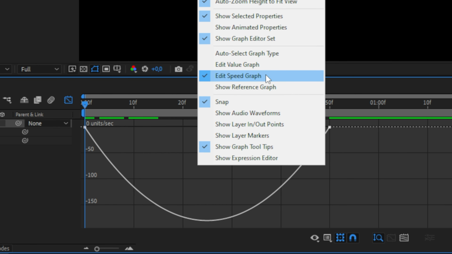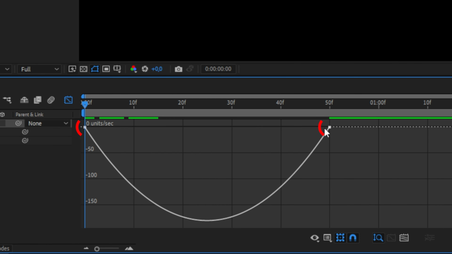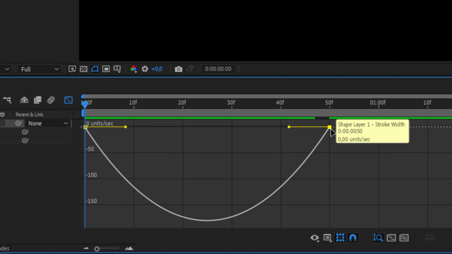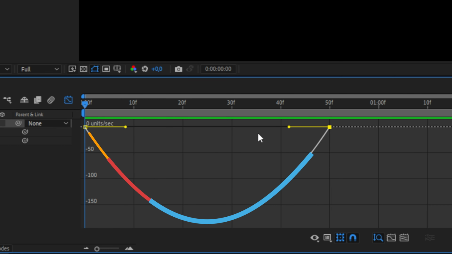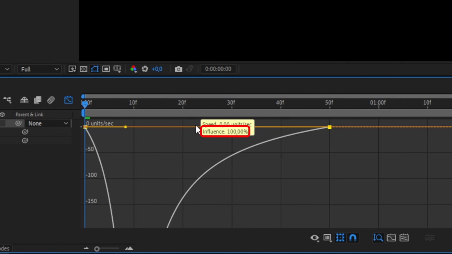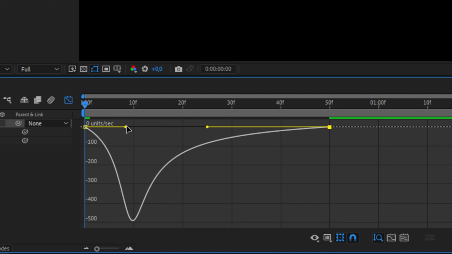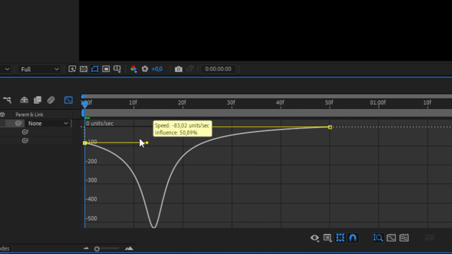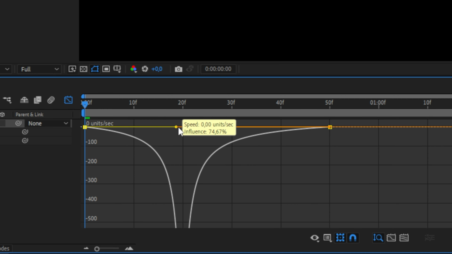Now right click and make sure that you're in a speed graph. Now click on the rectangle to show these lines that we can use to manipulate the graph. For this animation, you simply need to drag both these lines to the center, or simply so the influence value is set to 100%. And by the way, also make sure that you don't drag these lines down like this, and instead make sure that they snap to the top of the graph.